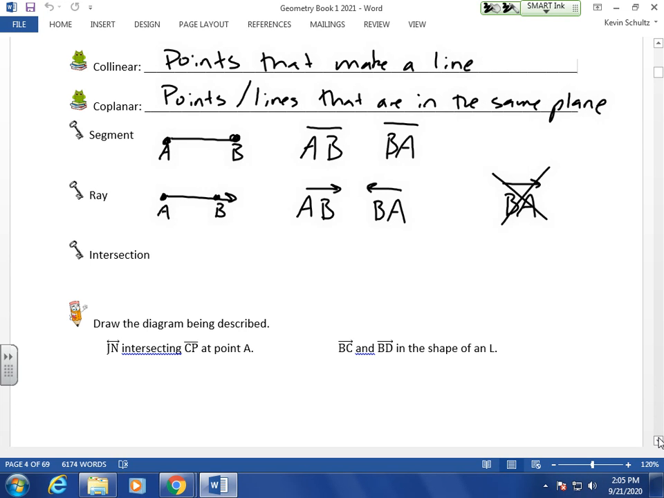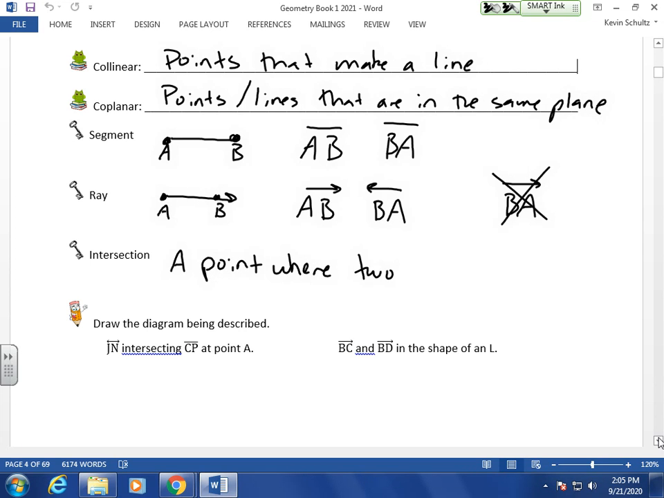A bunch of lines colliding. That's a good way to say it. Nick? It's like an intersection in like a stoplight, whatever. Okay. Where two roads kind of cross, right? An intersection is a point